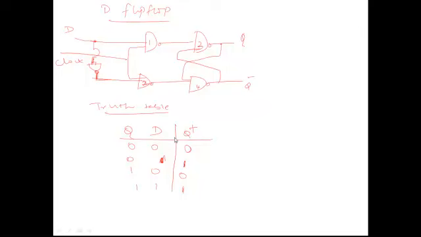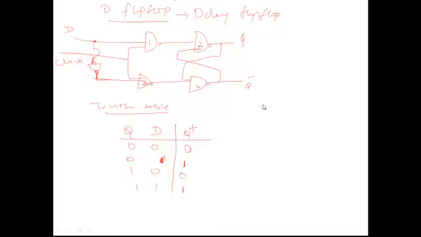So the D flip-flop is also called a delay flip-flop. So you need not worry about anything. If you want to delay some operation for a certain period of time, then you can introduce that input to the D flip-flop. What the D flip-flop will do is wait for the clock pulse, and it will just give the same output when the clock pulse triggers it. So we can use the D flip-flop for that purpose.